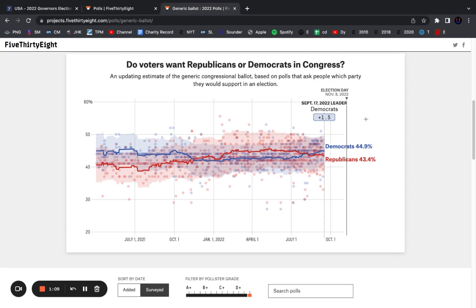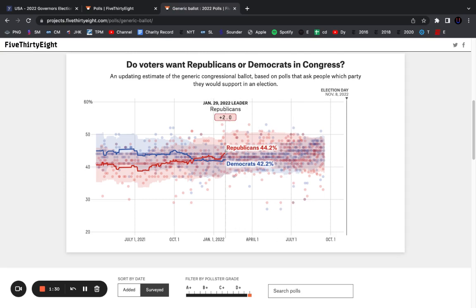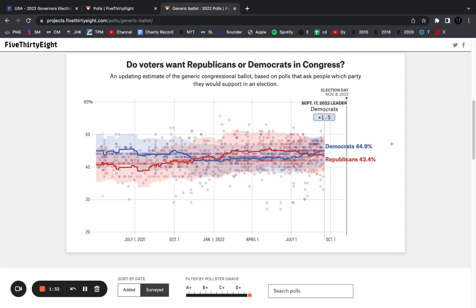And the generic ballot's been getting really good for the Democrats. So right now they have a 1.5% lead, which has really been growing consistently since it started right here around the beginning of July, which was just a few weeks after the Dobbs decision came in. Because again, it was pretty stable. It was a 2.5 to 3 point lead consistently for the Republicans dating back to the end of January as we got more polling. And then the Democrats overtook, they tied the Republicans on the day of August 3rd, and